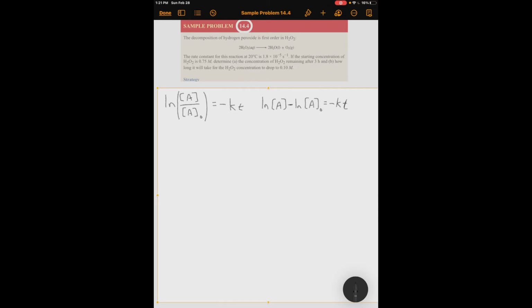It says the rate constant is 1.8 times 10 to the minus 5 reciprocal seconds. So K is equal to 1.8 times 10 to the minus 5 reciprocal seconds. Remember, that means 1 over seconds. The rate constant for first order reactions is typically 1 over time units. If the starting concentration, well, starting means initial. So if the starting concentration of H2O2 is 0.75 molar, okay, well, right there, that tells us that the initial concentration of A